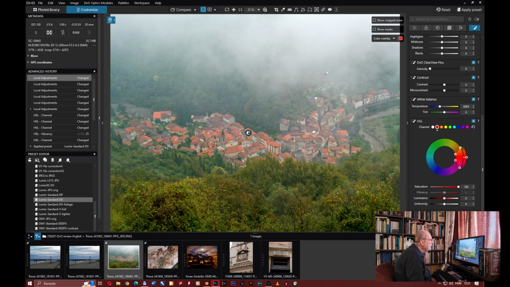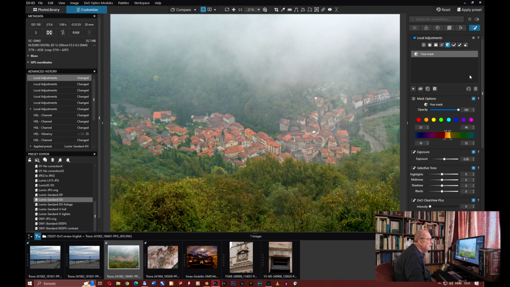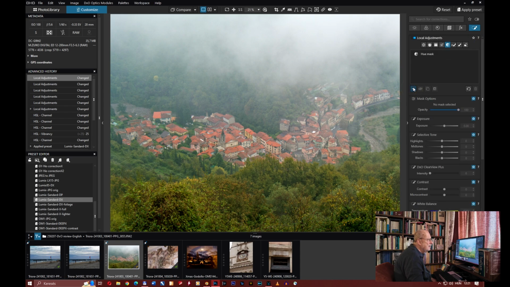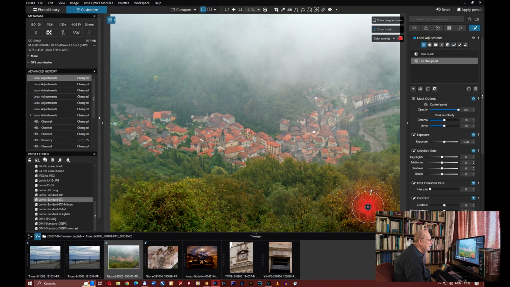The rendering of the fog, I think, is pretty nice. I don't think I need to do anything with that. I'd like to enhance a little bit these trees in the foreground to give more structure to them. So again, I can use the local adjustment. With this plus, I start a new local adjustment, and I will go back to the circular one, which I like very much. Here, for example, I choose this tree, and I can